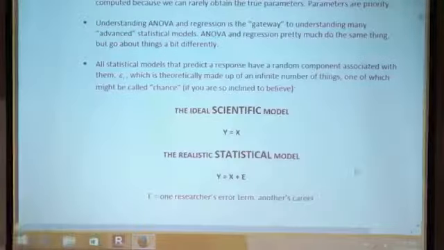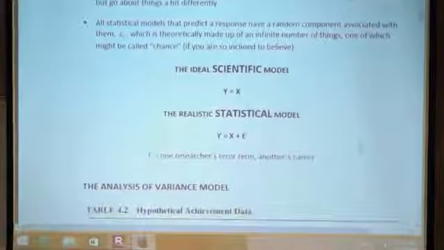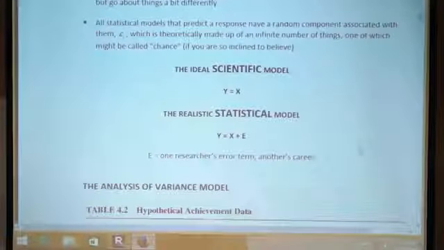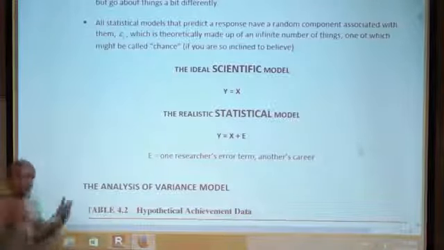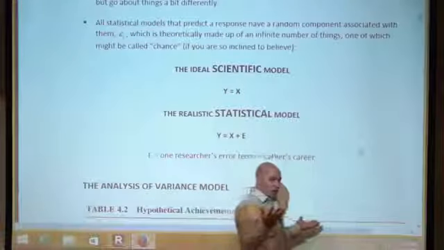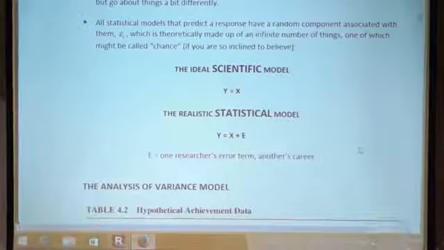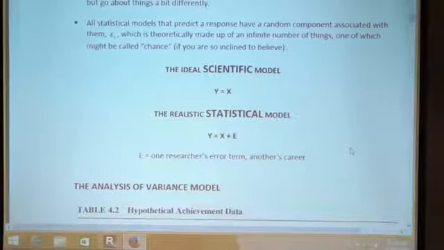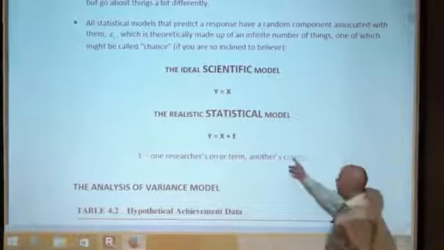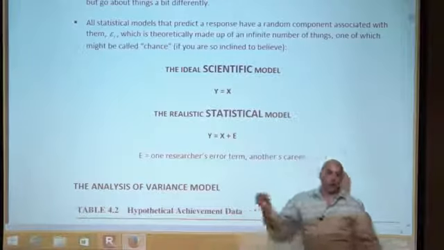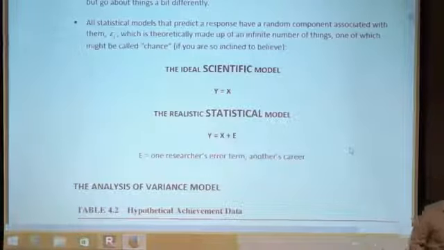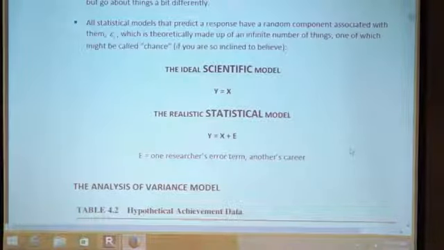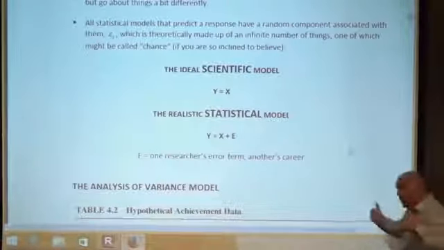All statistical models that predict a response have a random component associated with them, E, which is theoretically made up of an infinite number of things, one of which might be called chance, if you're so inclined to believe. If you're that religious that you believe in chance, go ahead. Some people might think that chance doesn't exist, so what is the error term made up of? Well, we can say that the error term is made up of all those things that are not included in the model, that have an effect, put effect in quotes because that's really important,